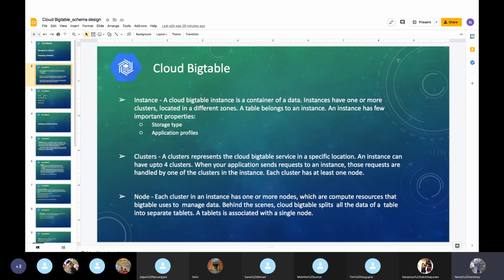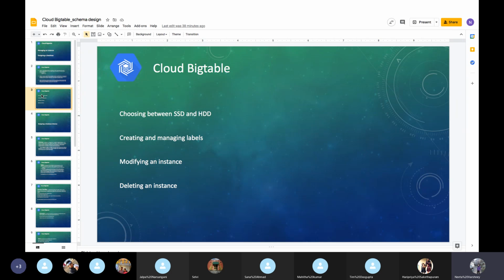Now for managing, we will see these four things: how to choose between SSD and HDD, creating and managing labels, modifying an instance, and deleting an instance. First, the choice between SSD and HDD is a permanent choice.